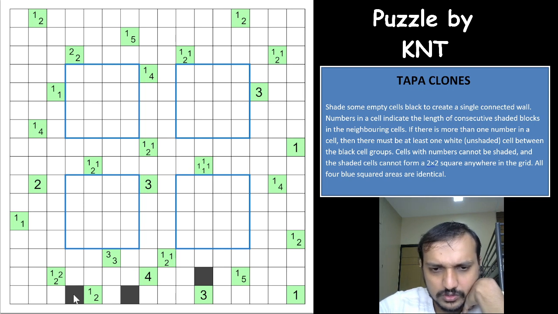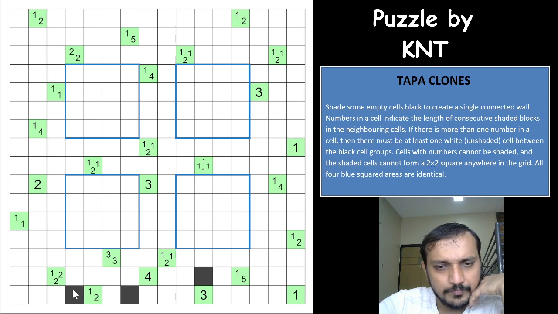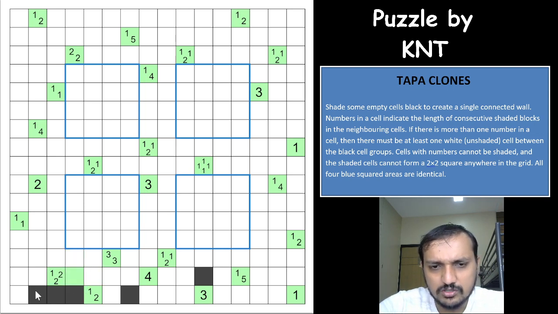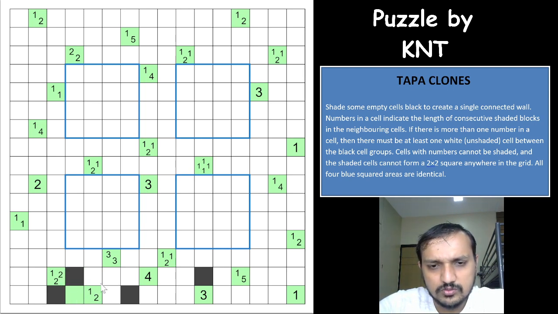because this cell has to go out somewhere and connect to the other black cells, if it goes out this way, for this the two cells are shaded already, for this also two cells are shaded already, and you will have a group of shaded cells which is stranded inside. And if you have this as unshaded, you will still have three groups of shaded cells, and which is not possible for the clue. So this cell will never be shaded, and which means for this 1 and 2 and this 1 2 2, all of these cells would have to be shaded,